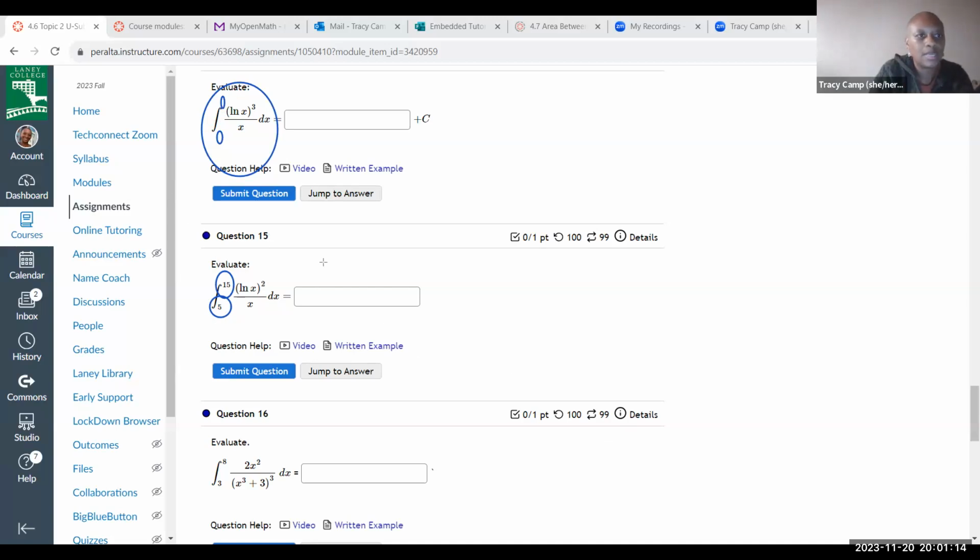So this is number 15, and I wrote the problem down. It's asking us to find the definite integral from 5 to 15 of natural log of x squared over x. So going back over to the iPad,